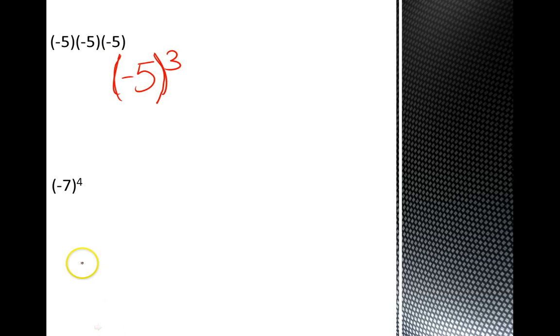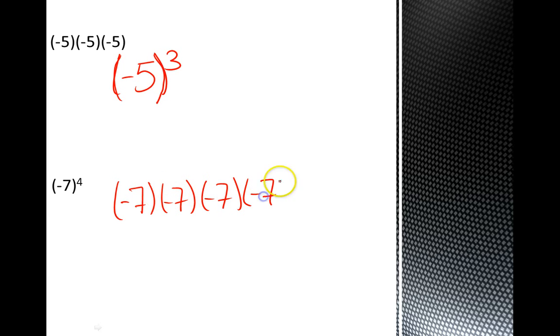We can also use it here again. Negative 7 to the fourth would be negative 7 times negative 7 times negative 7 times negative 7. So would this answer be positive or negative? Well, this answer would be positive. I have 4 different negatives multiplied together, so it's going to give me a positive number. And that means 7 times 7 is 49. So 49 times 7,